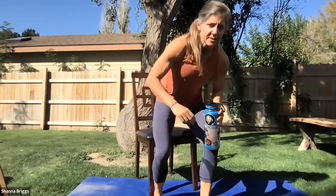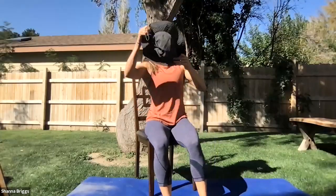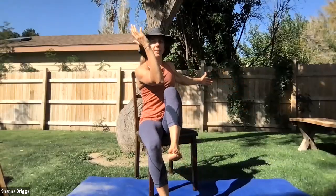So we're gonna start from a seated position. I'm gonna show this first round from seated. If on the later rounds you wanna challenge yourself by doing it standing, you can also do it standing on the later rounds. From seated, you're gonna take your left arm out to the side, sit nice and tall, and now you're gonna pick up your right knee, draw the left knee towards the elbow, to the opposite knee, and